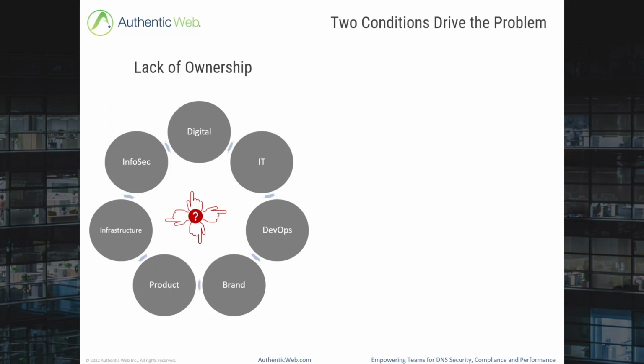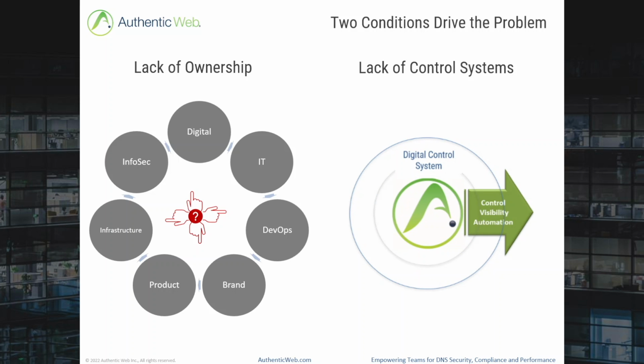And this is why a DNS control directive must go up to the CISO's office to mandate that it is owned and fully secured. The second condition is a lack of control systems. Companies typically have several, if not dozens, of systems across the enterprise operating in silos, typically without any security policies and without any centralized control or policy enforcement. These two conditions contribute more than any others to create security and compliance gaps on the external DNS.